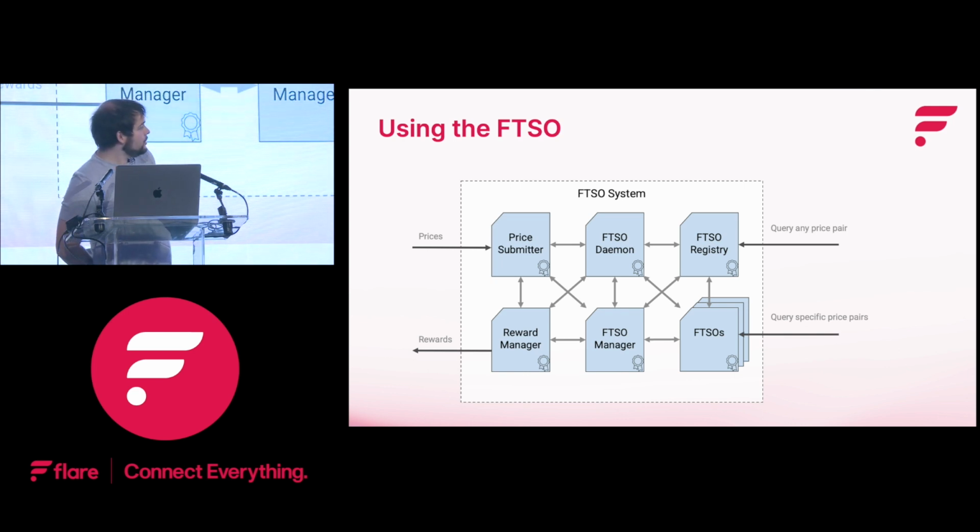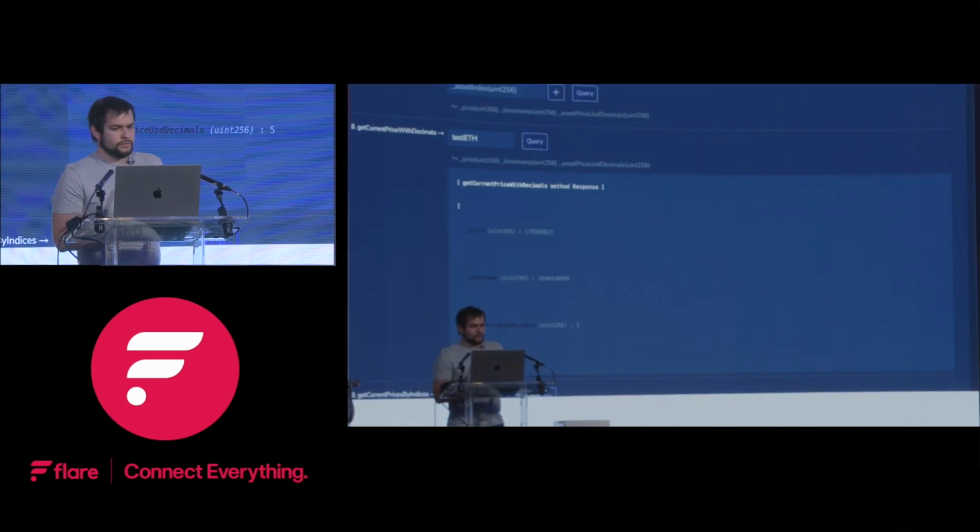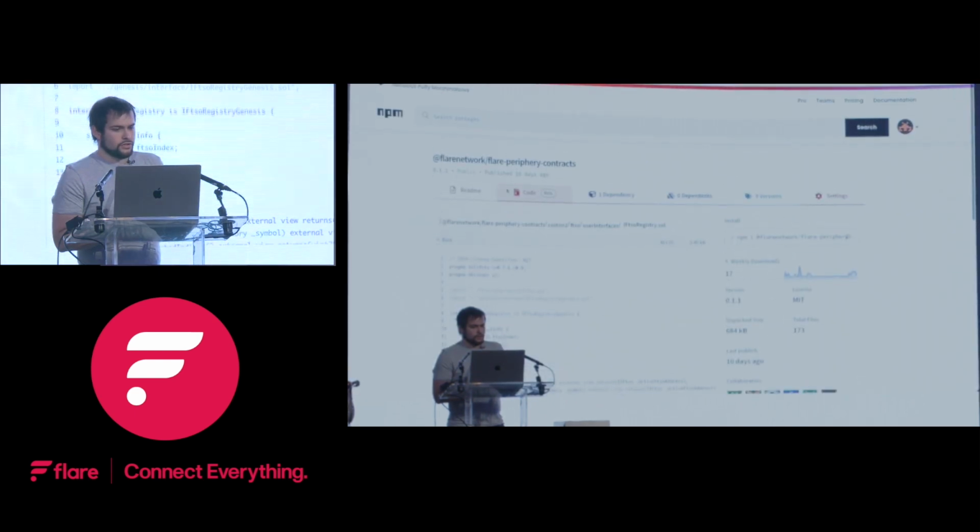And to properly structure this, we have created a library together with the mock contracts that allows you to query a specific Flare-approved contract directly on the address. Every time the contracts are updated, we also update the Flare address manager, which holds the addresses of all the necessary contracts, be it FTSOs, the FTSO registry, or all the contracts related to being an FTSO, voting, and everything. This gets saved into a specific contract that is used as an entry point. And as said before, the periphery package also has a utility